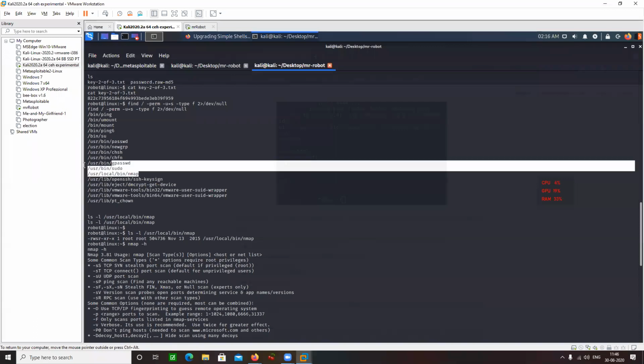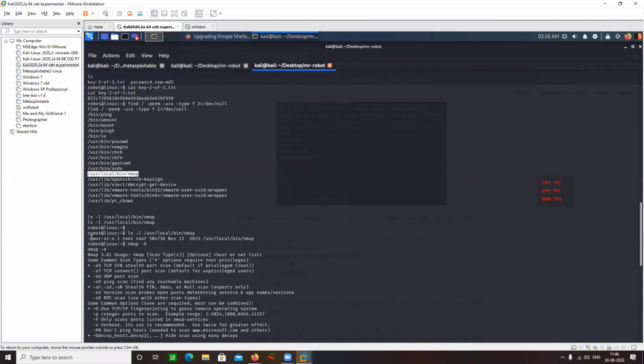So I saw that nmap is here, and the SUID bit is set for nmap. You can see it here as well. Okay, the S is here, so whenever nmap runs, it is going to run as the root user with root permissions. So I did nmap -h just to check the nmap version 3.8 and some other help